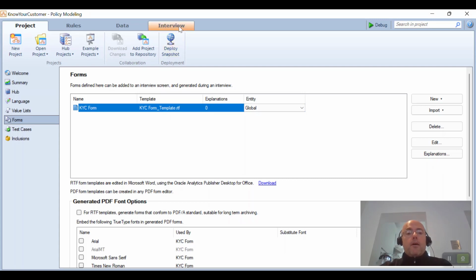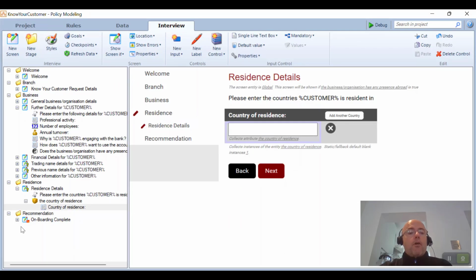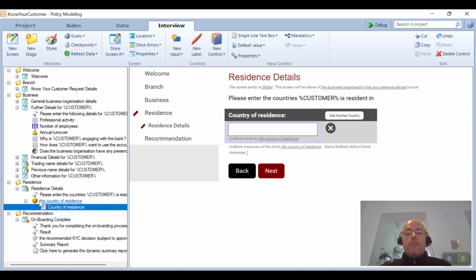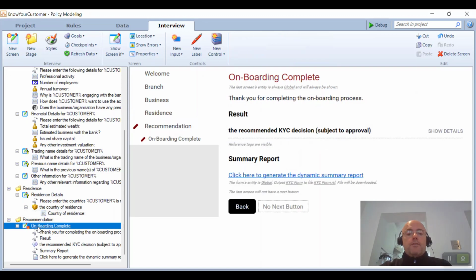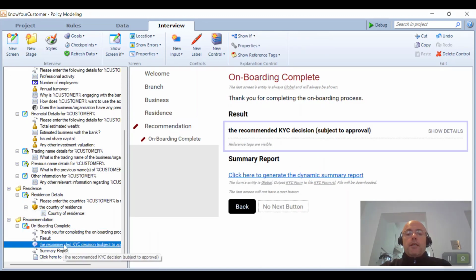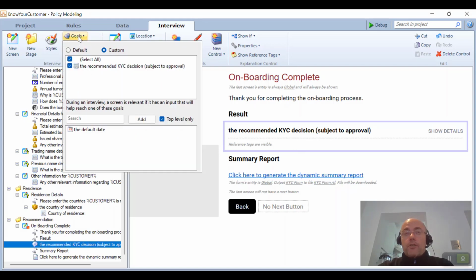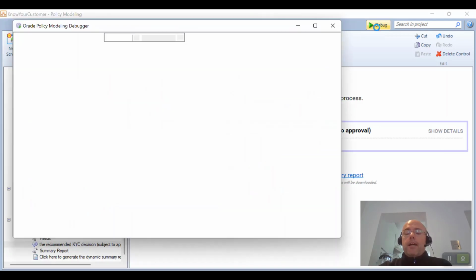If you want to take that a little bit further, we also need to talk about the concept of explanations, because if we look at the last screen, we have an explanation entitled "The Recommended KYC Decision Subject to Approval." So this will generate the decision report, or I should say the explanation for the goal of the interview. So if we go ahead now and run this,